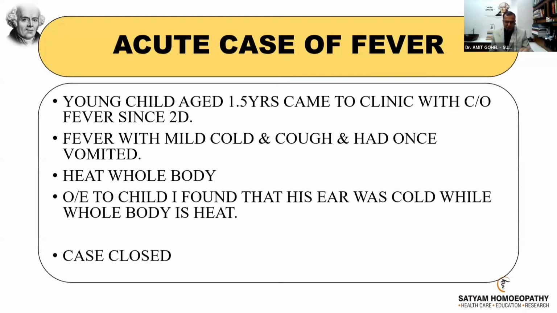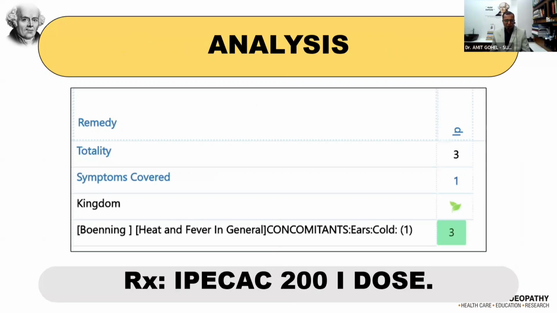So this was the simple case. On the basis of that, I took the Boger-Boenninghausen's repertory, and in Boger-Boenninghausen's it was written that concomitant ear cold during fever, the only remedy is Ipecac. I prescribed a single dose. Next day, the child was absolutely normal. So this is what you have to understand from the point of view of observations and the application of observation